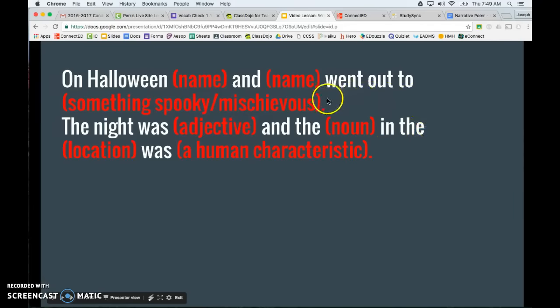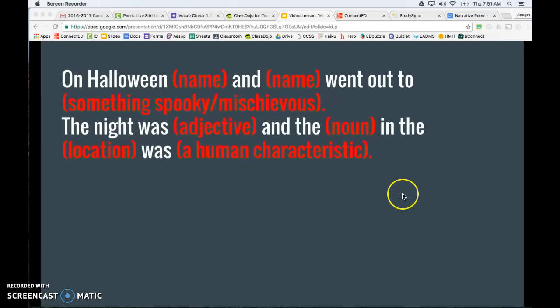Now, when it comes to rhyming, if you want it to rhyme, the end of this line and the end of this line need to rhyme. It's kind of for some extra points there. But it doesn't have to. So pause the video and go write that second line. All right, moving on to the third line.